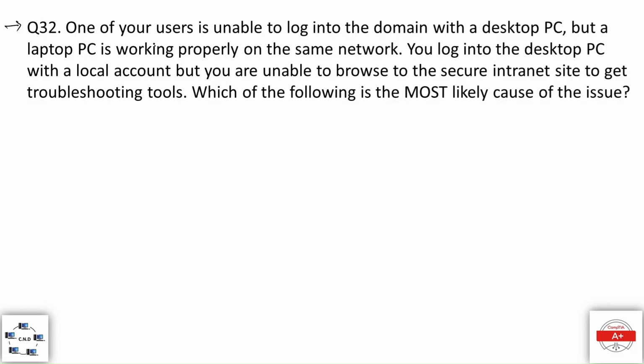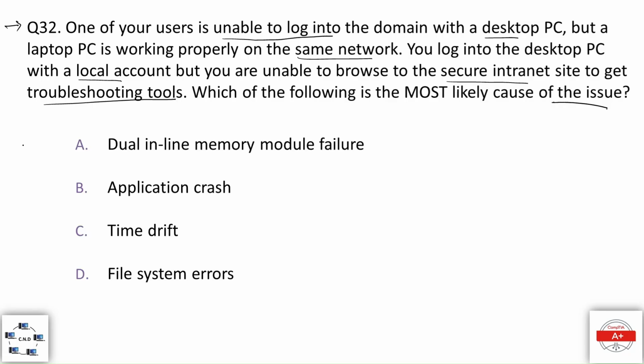Question number 32. One of your users is unable to log in to a main desktop PC, but a laptop PC is working properly on the same network. You log in to the desktop PC with a local account, but you are unable to browse to the secure intranet site to get troubleshooting tools. Which of the following is the most likely cause? The options are: option A, dual inline memory module failure; option B, application crash; option C, time drift; and option D, file system errors. The correct option is